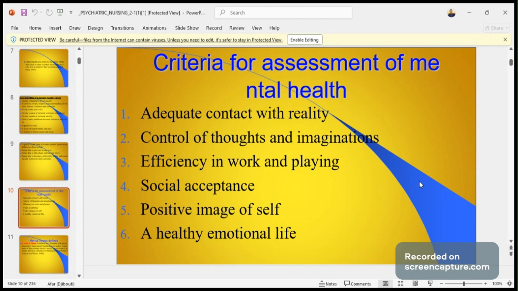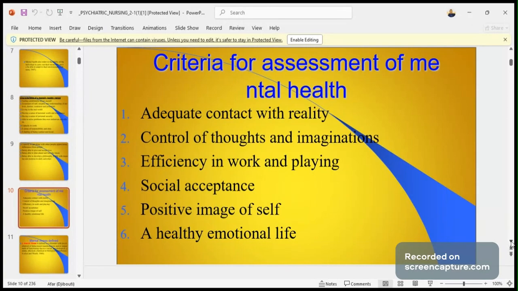Efficiency in work and playing. If somebody was focused and encouraged to do work, and then suddenly there's a regress in work, that loss of motivation, maybe due to depression or other associated causes, is an indication that somebody is having mental health issues. Social acceptance: they cannot socialize with other people. Positive image of self: they lack a positive image of themselves. They don't have an emotional life, so they are not mentally healthy. A healthy emotional life is an assessment criterion for